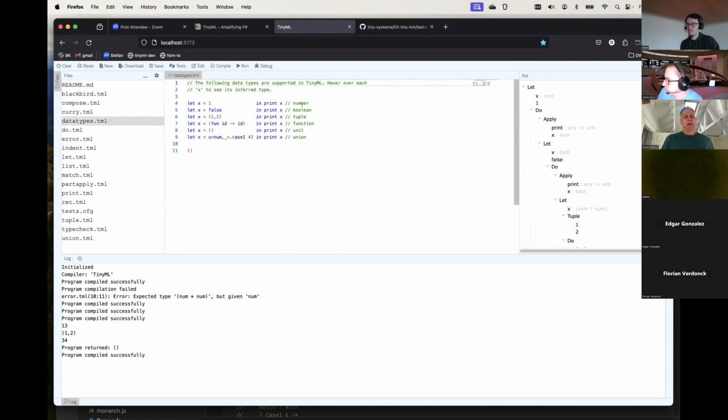So we have numbers, booleans, tuples, lambdas, and unions, which look kind of weird at the moment. I'm trying to make them look like they belong to a larger language, but really the unions in TinyML are two-cased things. So I created some syntax called U, as if there was a type like, I don't know,